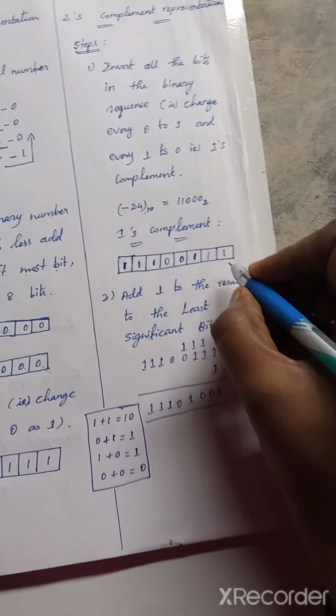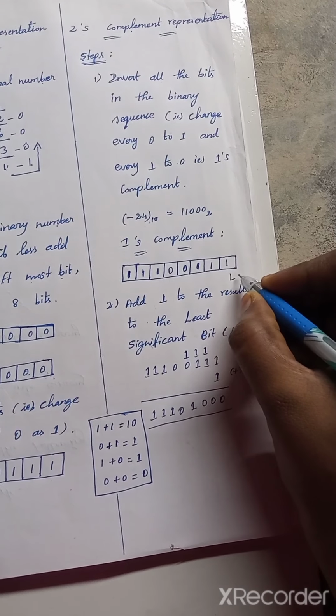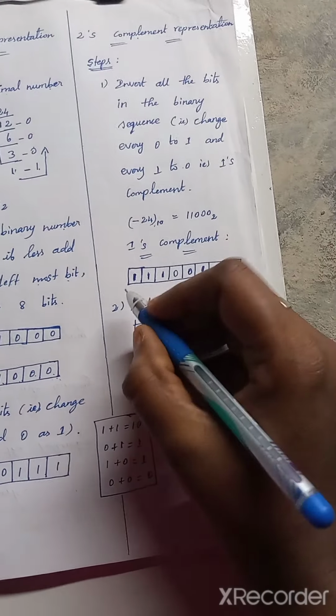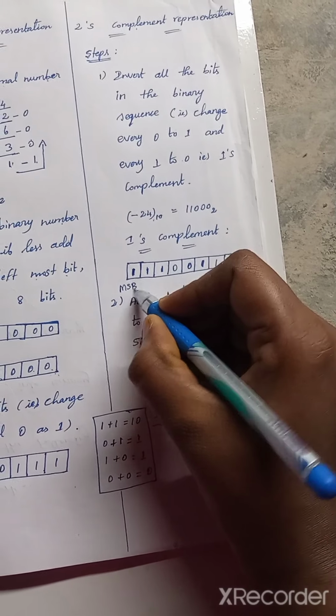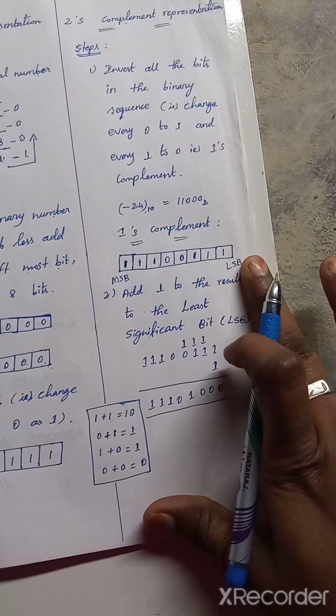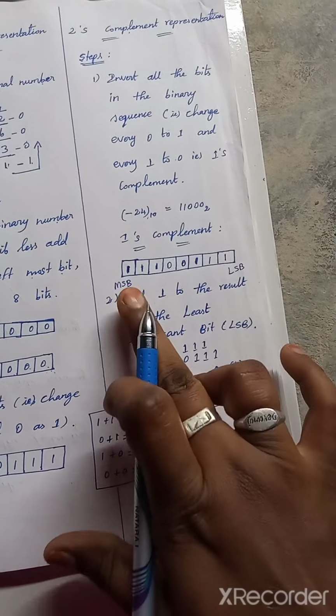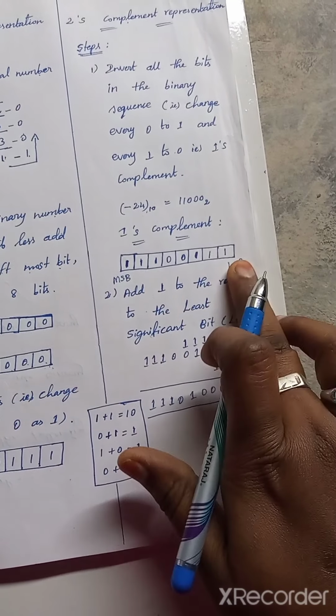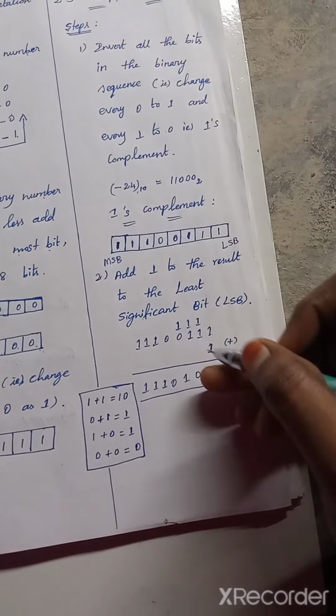So this is the least significant bit. This is the most significant bit. Okay, this is the least significant bit, this is the most significant bit. Okay, this is the left side, this is the right side. Okay, here